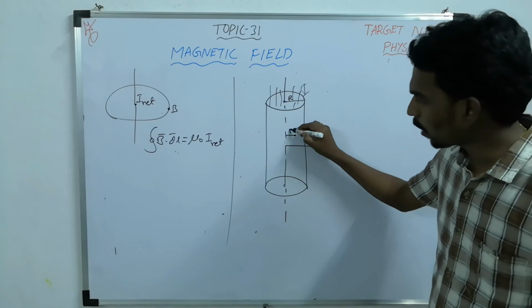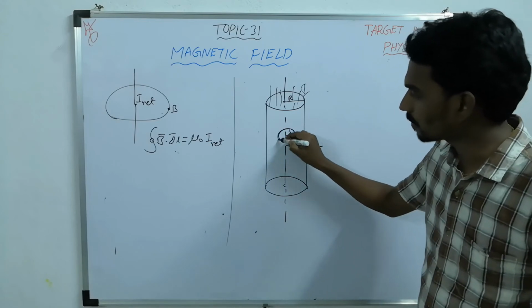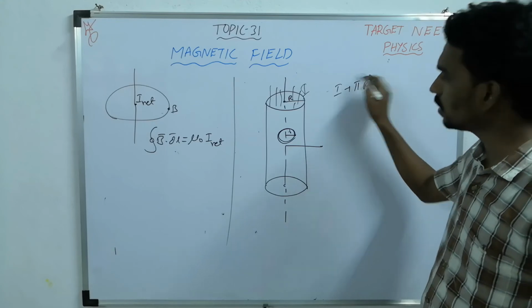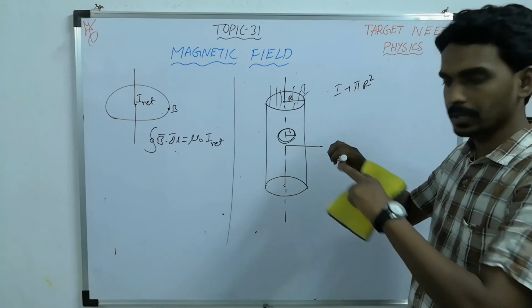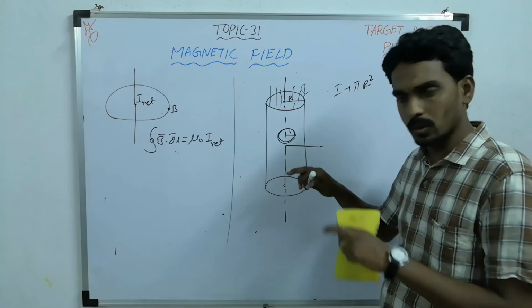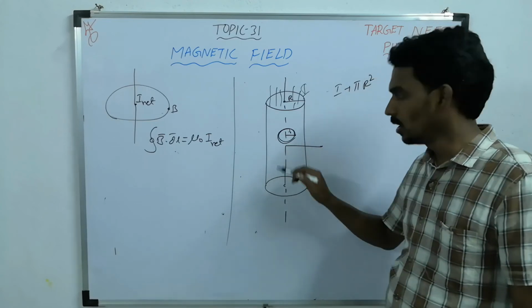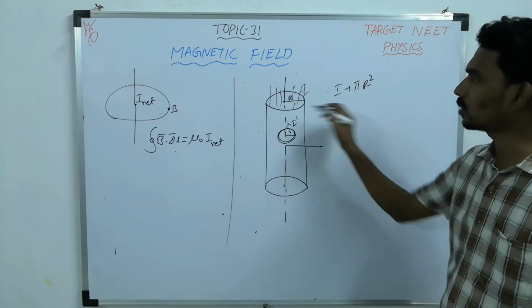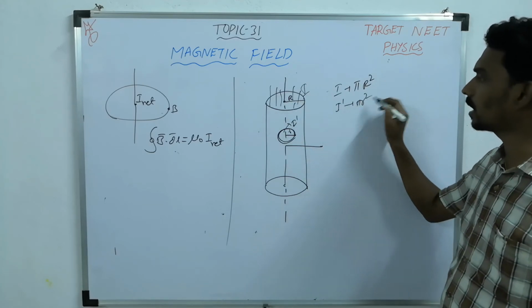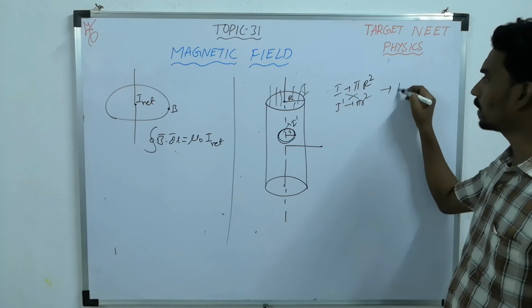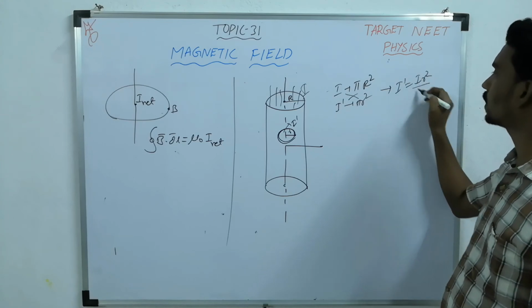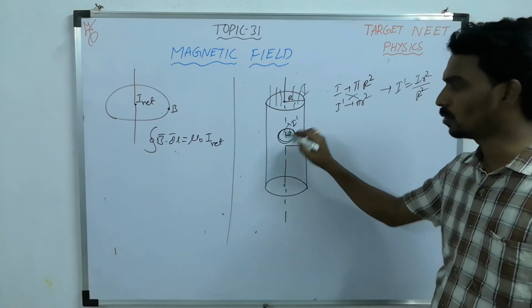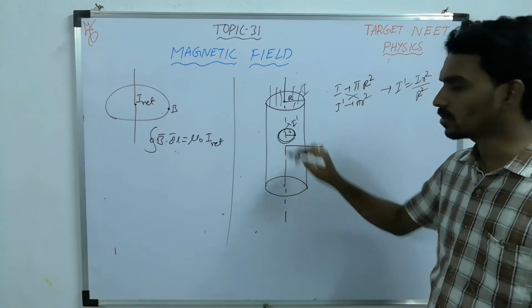Now when you consider a point inside, only the small circular surface area you have to consider. So this I is the current for the whole circle, the whole big area, but this is only the small circle we are considering. So within this, the net current you consider as some I dash. Then I is the current for the total area, I dash is the current for pi r square. Calculate, cross multiply. I dash will become I r square by R square. Now you got the total net current within this closed loop. Like a Gaussian surface, this is called an Amperian loop.